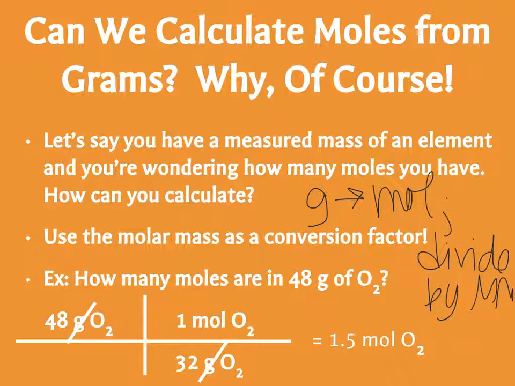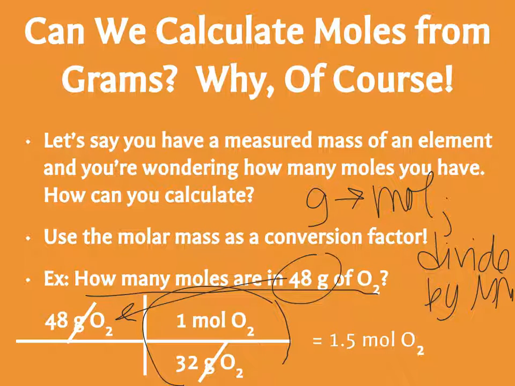So this example problem says how many moles are in 48 grams of O2. So I set up with my number and unit given. Grams of O2 are on the top, so they need to be on the bottom over here in this part of the problem. Now, my question is, why did I write 32 grams when I look at the periodic table for oxygen, it says